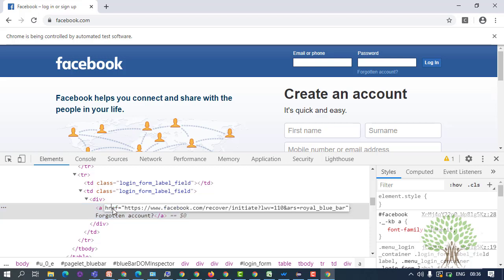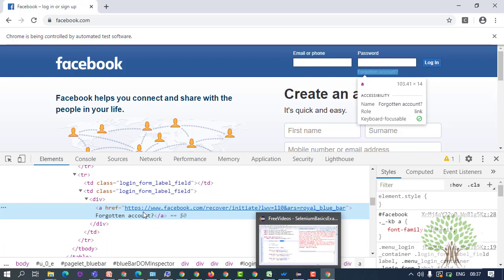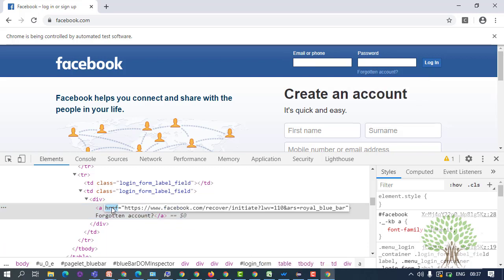It will always have an attribute known as href. The href attribute points towards the URL which will open once you click on the link. So href is the mandatory attribute.